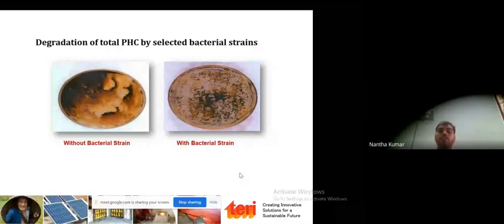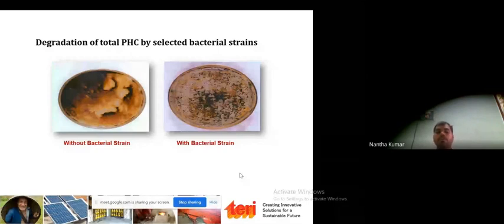So generally, in the initial stage we select the bacteria from the same environment, so that all the abiotic factors are also suitable for that particular enzyme and bacteria. For example, when you find a huge oil spill or oil contamination in one particular industry.